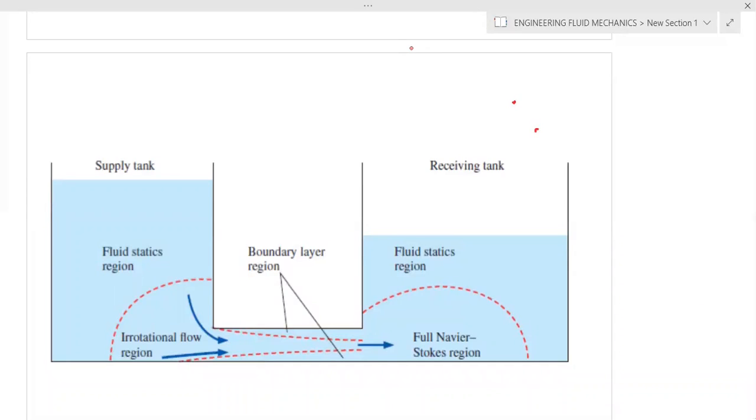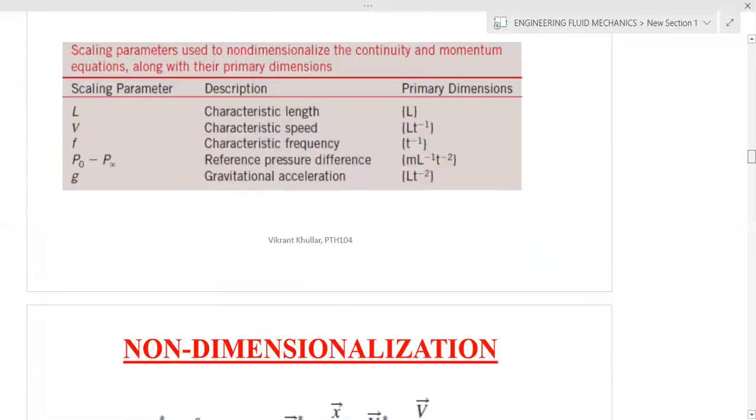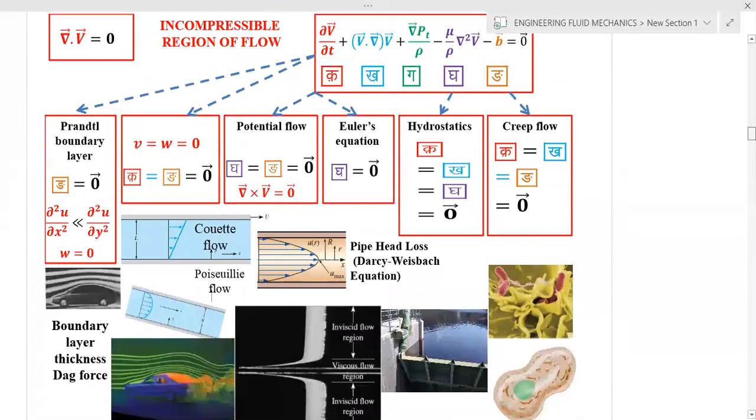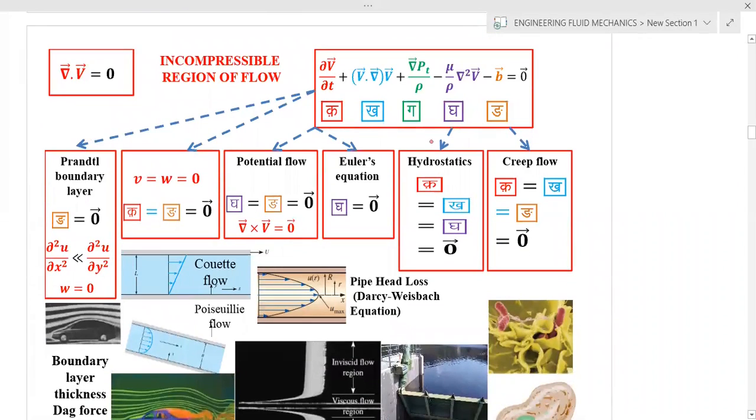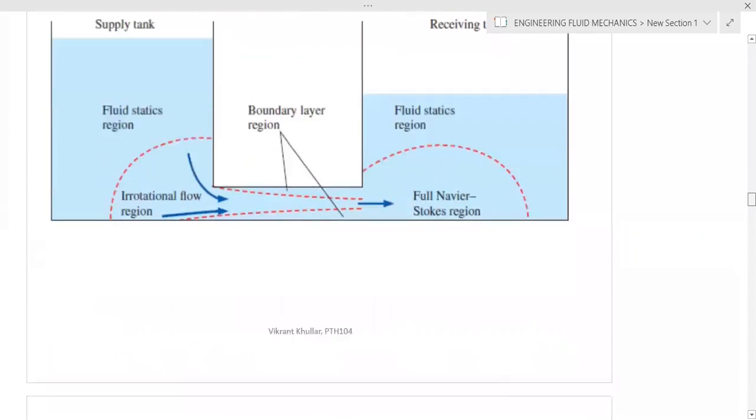So I'm starting with today's discussion. I think the other day we concentrated on this slide, which actually helped us to appreciate the fact that Navier-Stokes equation is the parent equation, and all of the equations are simplifications of this parent equation. So as far as the application part is concerned, you can look at